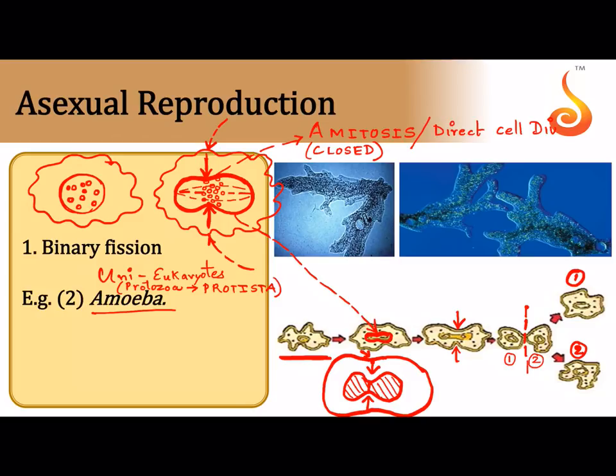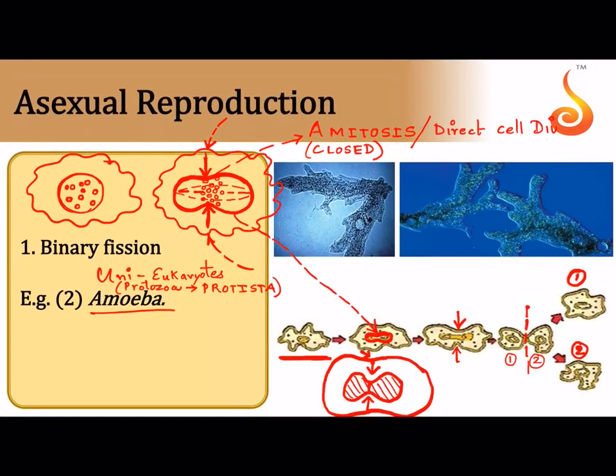So remember what is actually happening inside the nucleus. Chromosomal division is happening. Chromosomal segregation is happening. And for chromosomal division to happen, what should be set up inside the nucleus? Spindle apparatus must be set up. Centrioles must be there. Surprising that all this is happening locked inside the nucleus. And that's why it's called amitosis or closed mitosis. Did you understand how it divides?